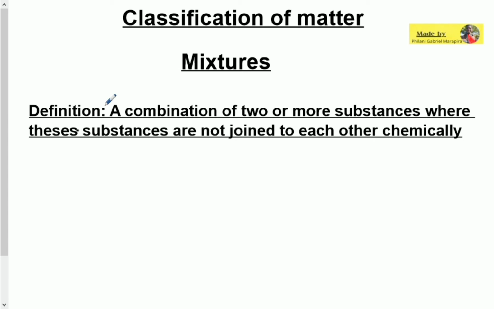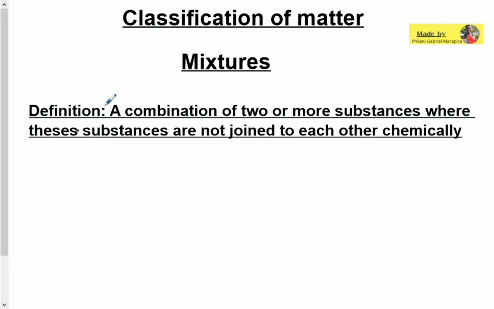So here it is. For example, we can take water and sugar. If we mix water and sugar, we get sugar water, and now it's a mixture. We can mix many things. We can mix sweets and oranges or anything we can mix. That's a mixture. Basically, it says in the name, it's a mixture.